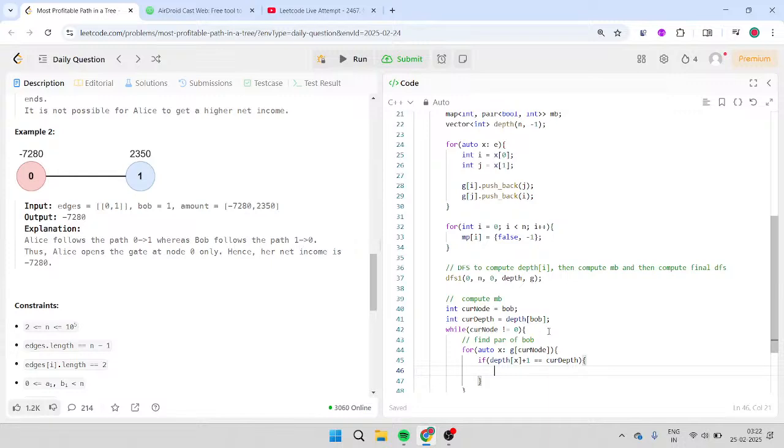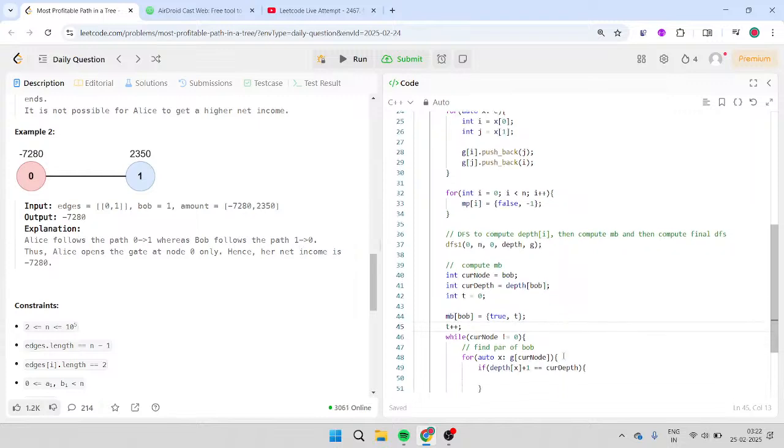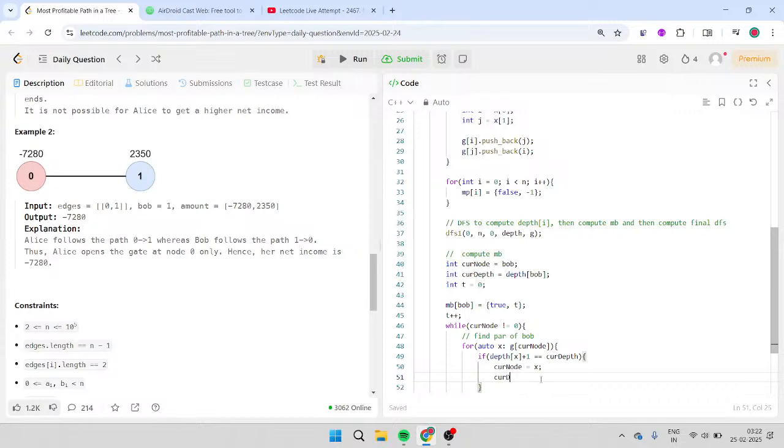We also have a time variable t equals to 0. What will happen here? So basically we have to do this mb of power is equals to true comma 0 t. Right, now t has been created, t equals to 1, right? So this is the case here. We found another children. So what we do is current node equals to x, current depth